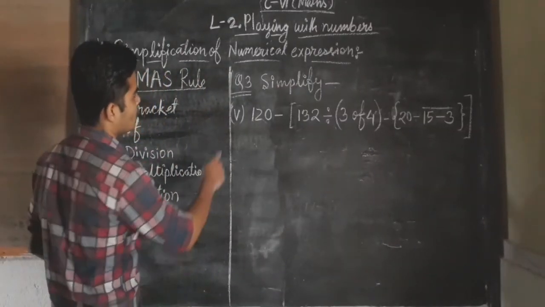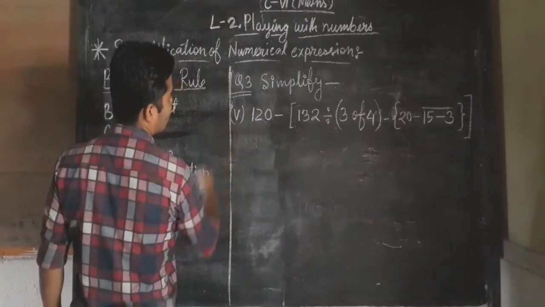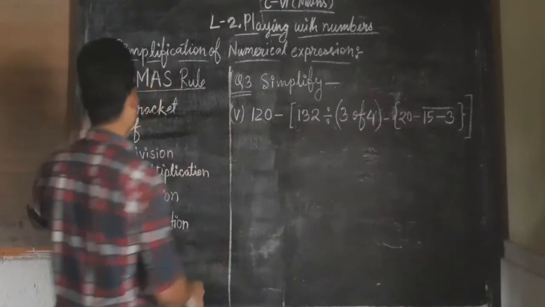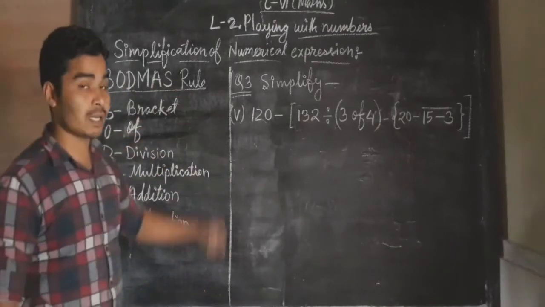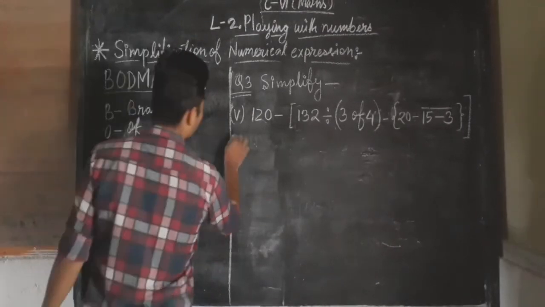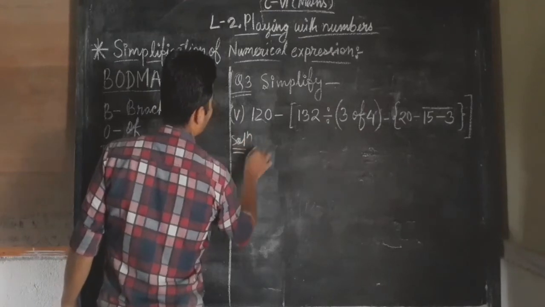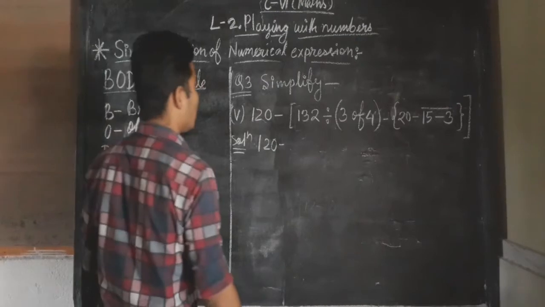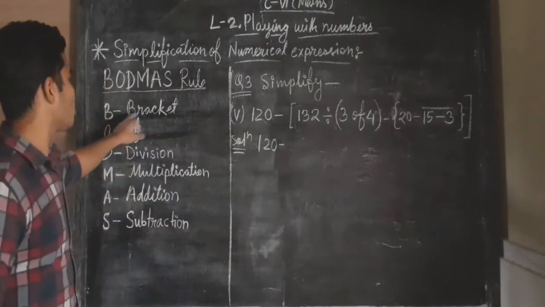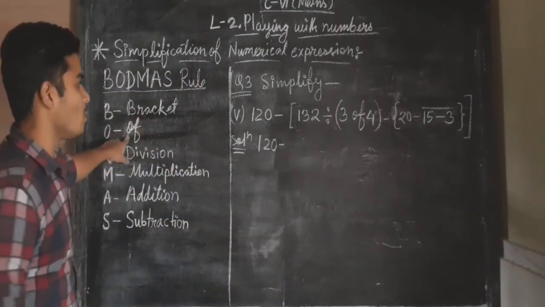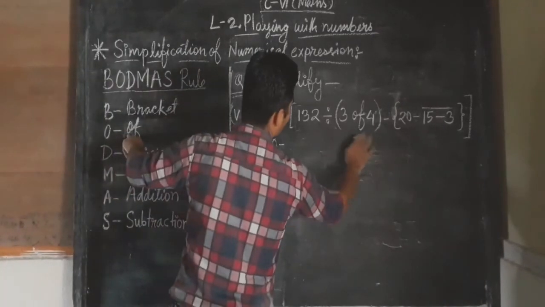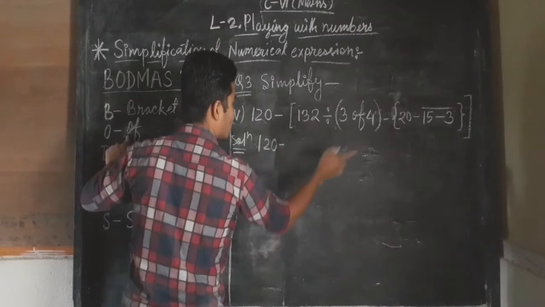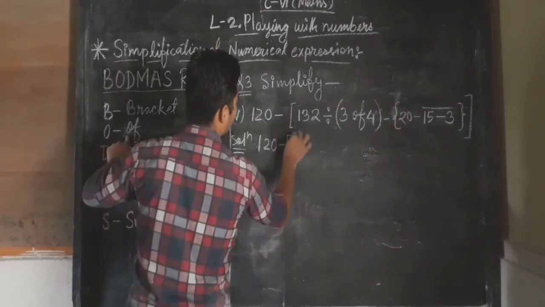Now let's move to the next number, that is Roman number 5 of the same question, and then we'll follow the same method to solve this numerical expression also. Now let us solve this. Look at the board carefully. See, here we have to open the small bracket first and then we go for off. But you can see here inside the small bracket, off is already there. So we'll open both the things together, but the other things we let them be like that.